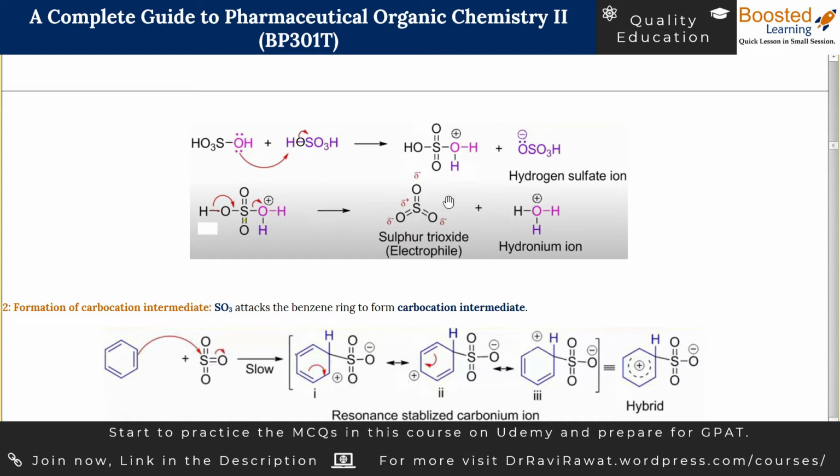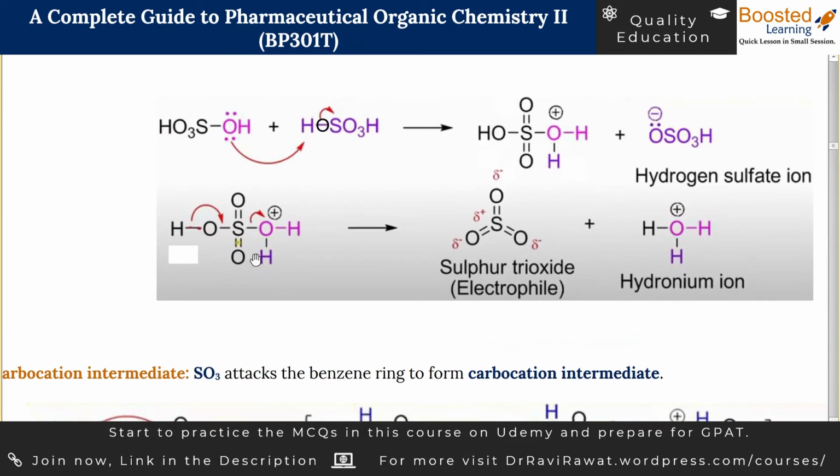One thing is sulfur trioxide and the other thing is hydronium ion. Let us see how it is going to happen. The OH bond will break such that the two electrons of this bond will be shifted between oxygen and sulfur. So a new double bond would be formed here because the two electrons from this place are going to get transferred